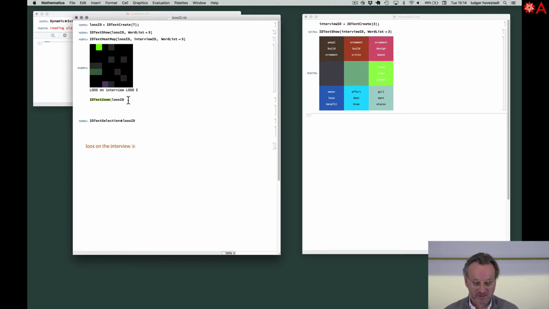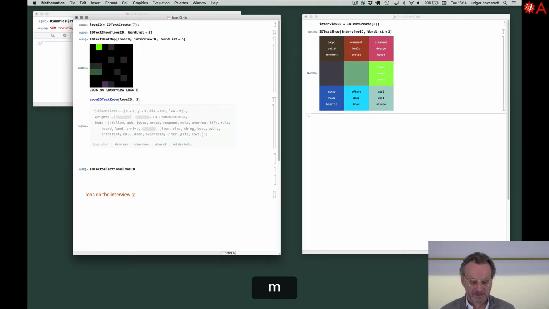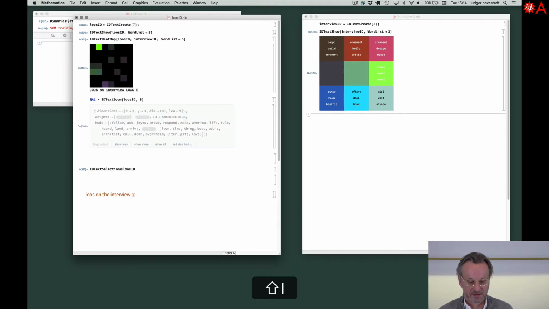So then we can zoom into it, and we go Loos ID and say we want to have a spread of 3. And this is a sum again, a trained sum. This needs a name, so zoom, or it's A1. A1 is this, and we want to show that,